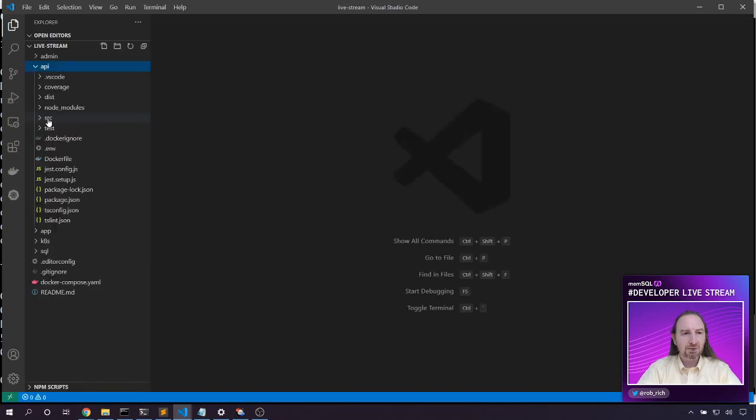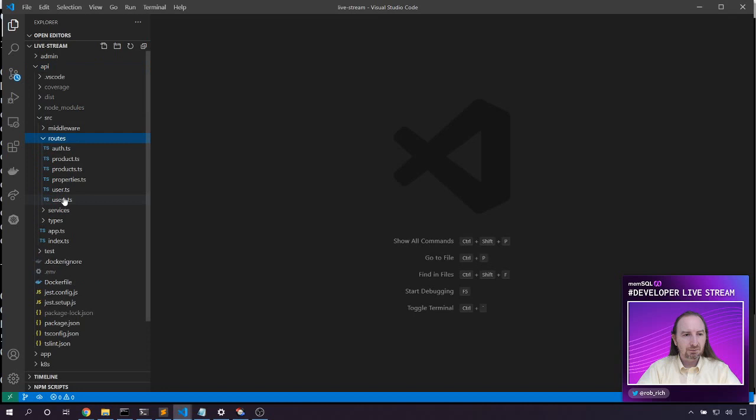Pulling that API into place, let's take a look at that because that is really cool. Routes, user. As we save the user, we very specifically check to see